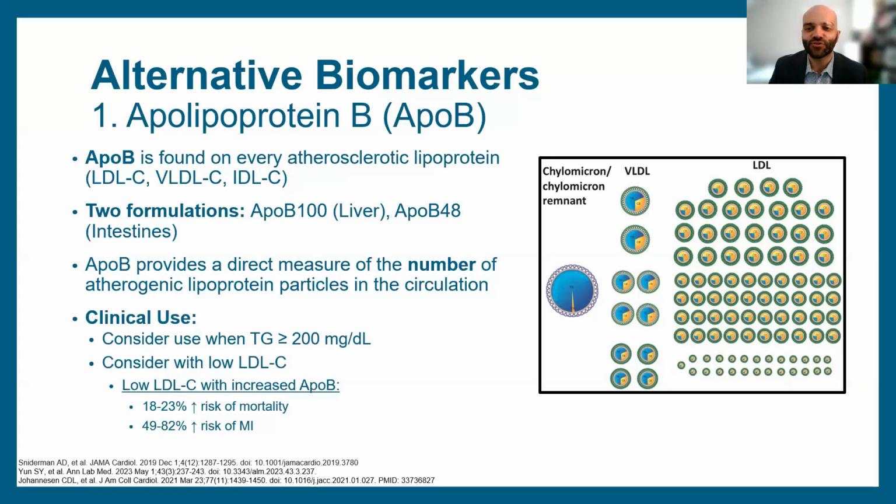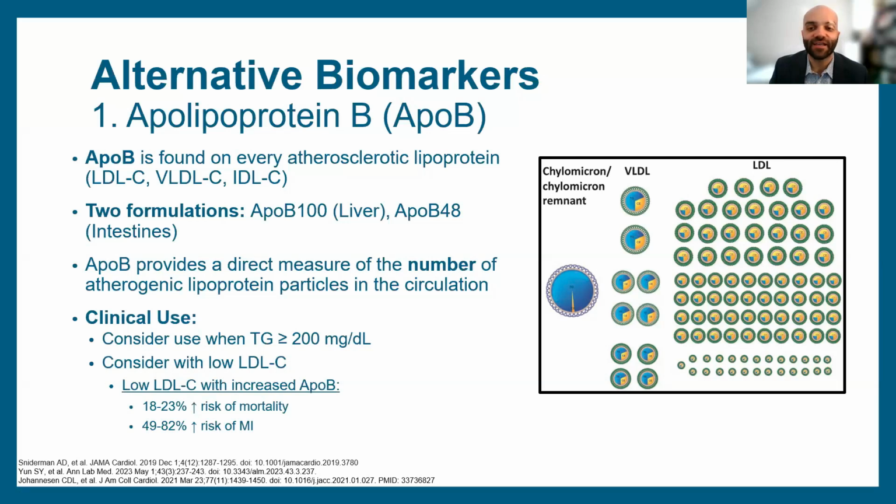So really, as we think about this, it is a good way to say how many bad particles do we have, which may actually be more accurate. We found many ways of assessing cardiovascular risk as opposed to LDL. We've taken people who've had these measures and compared what the LDL would have been and what the ApoB would have been, and they were actually better predictors with ApoB than with LDL.